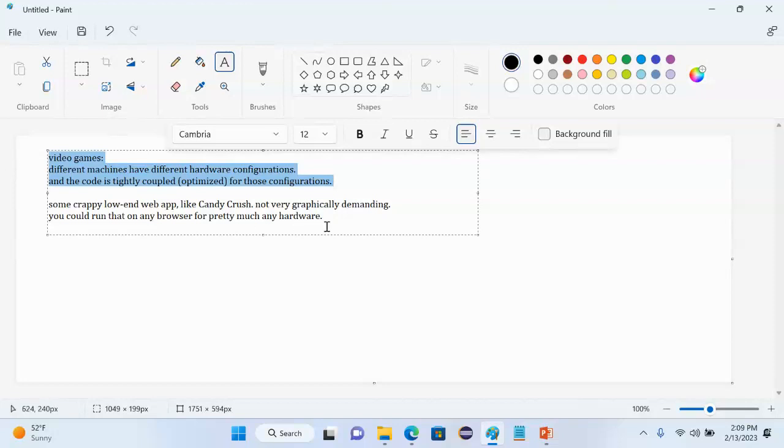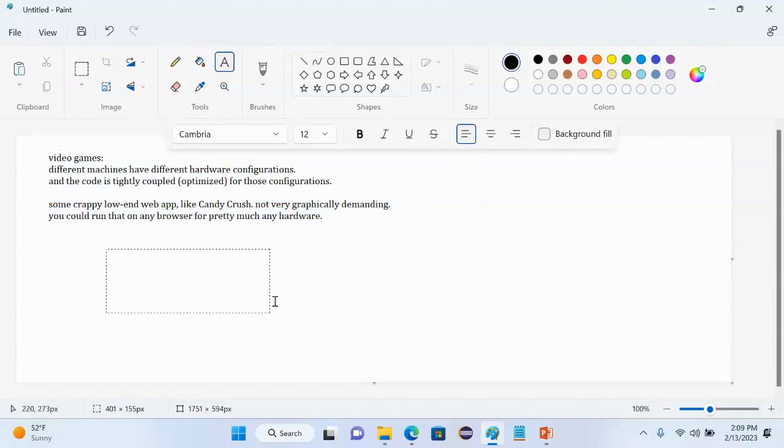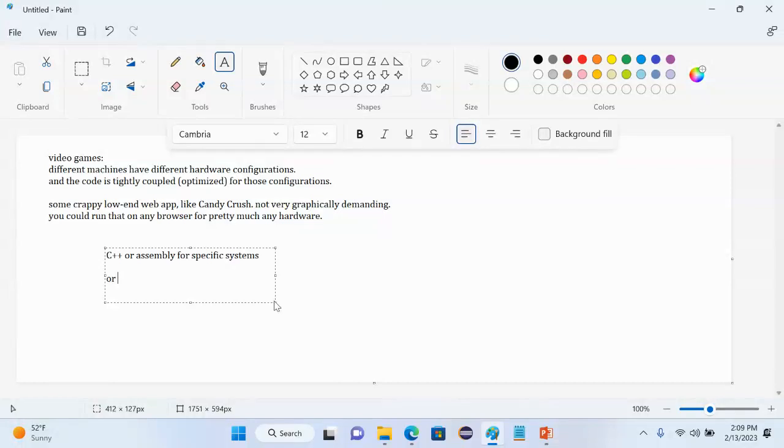With the second one, the low-end web apps, you're just going to say, well, we're going to write some code, and we're going to somehow translate it either through the browser or through some platform-independent language like Java or JavaScript, and we're going to make it run, but it's not going to be uniquely specified for each kind of machine. Okay, so that's the difference. You have languages like C++ or assembly, which is a bit out of scope, that are for specific systems, or code like Java or JavaScript that will run on any machine